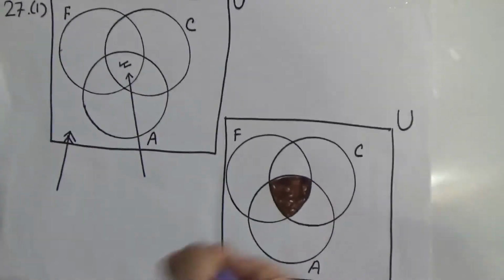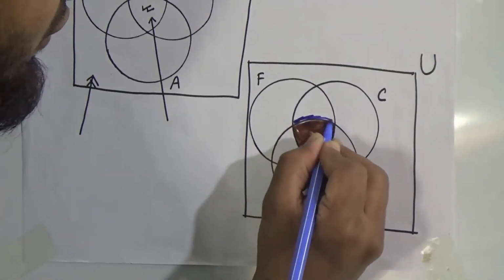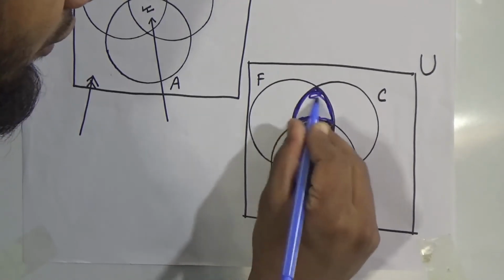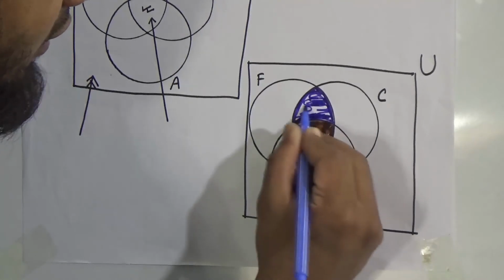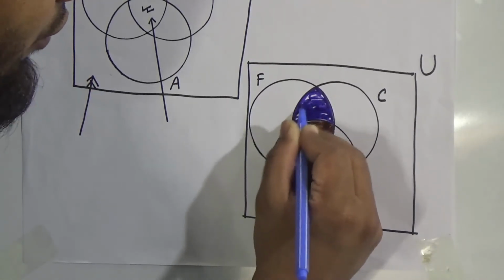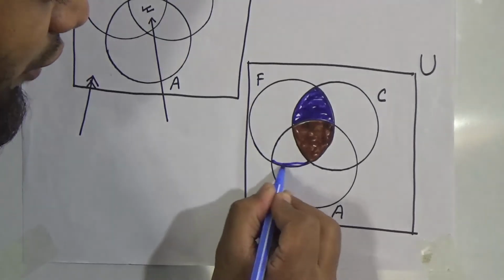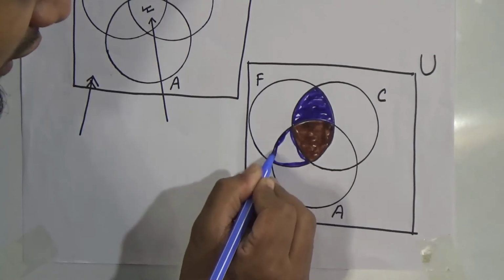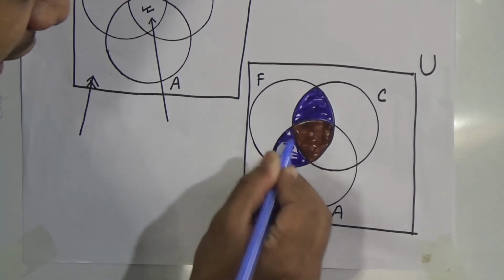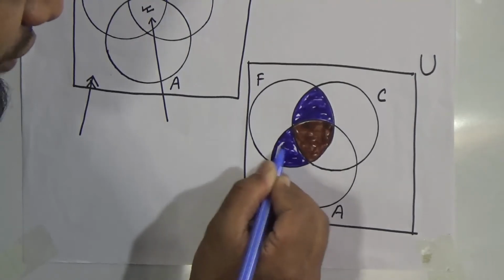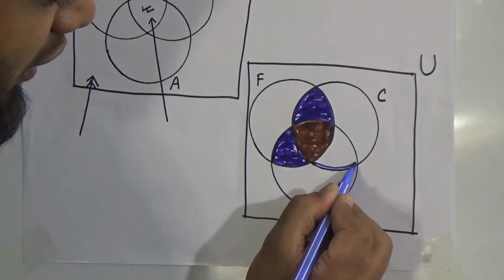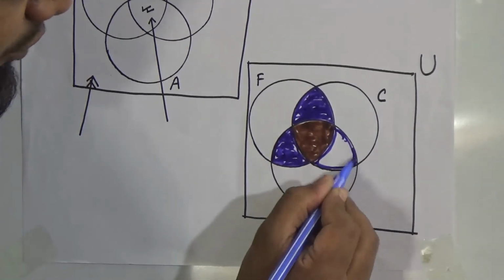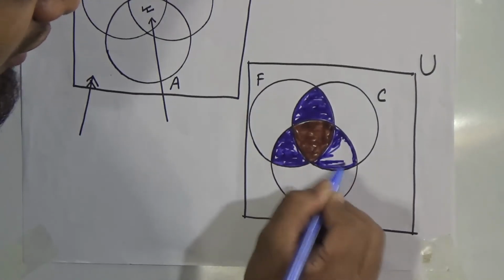Now I will use this color. This indicates which one? This indicates only 2. This color indicates cricket and football. This portion indicates cricket and football, my dear students. Now this portion also indicates only 2 games. These 2 games are football and chess. In this portion only the students of football and chess are here. And dear students, this portion is also only 2 games. That means this portion indicates cricket and chess. This portion indicates the number of students of cricket and chess.